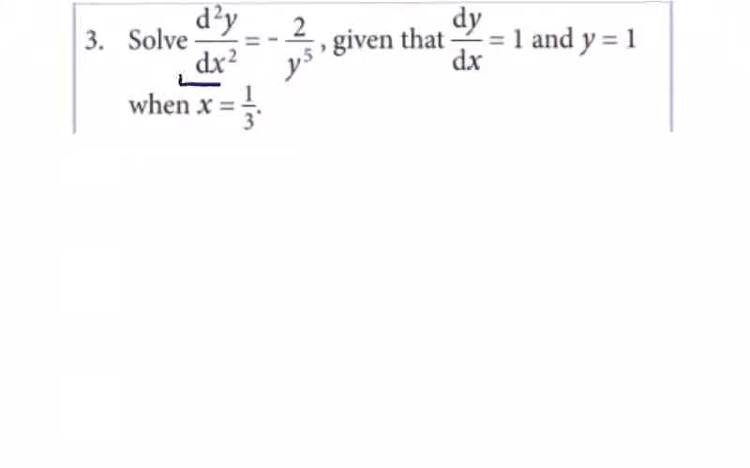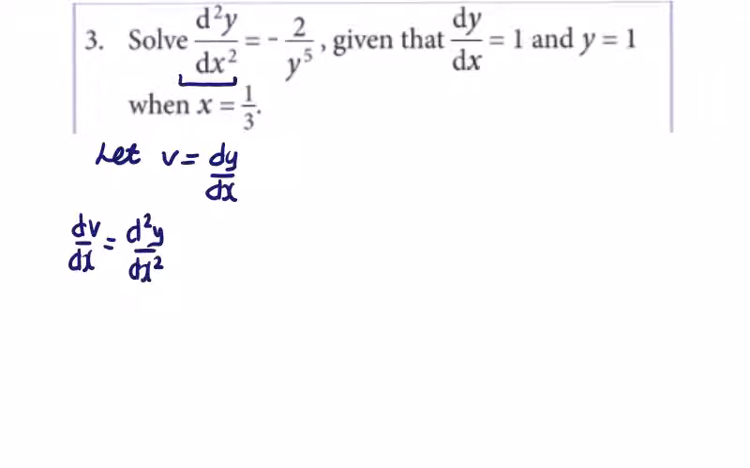In this question, we have d²y/dx² equals minus 2 over y to the power 5. So you're very rarely going to have a clue where these are going. Well, if you follow your same procedure, let v equal the first derivative, dy/dx. So dv/dx is equal to the second derivative, d²y/dx². And dv/dx is also equal to dy/dx